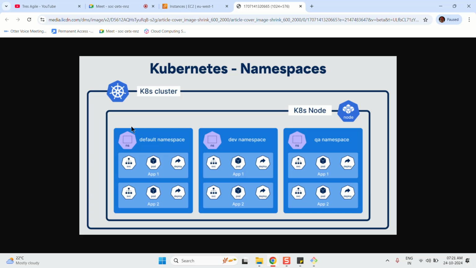So what we do is we control it. We create namespaces, we delete them. There is nothing to manage, but we use them. And namespaces have an advantage: in a namespace, let's say the default namespace, we can put a restriction